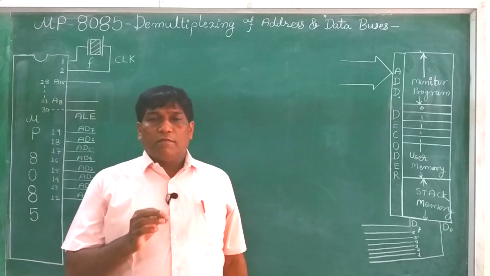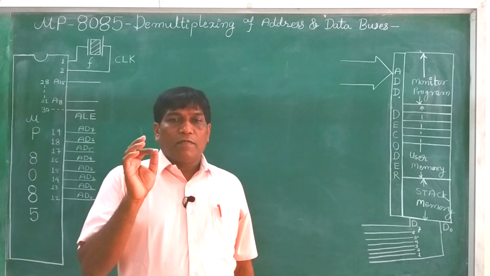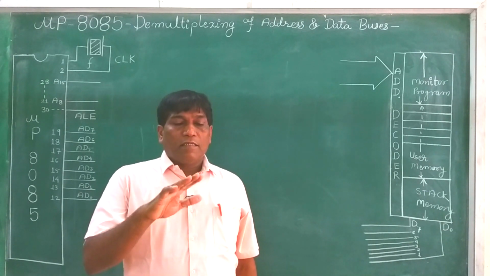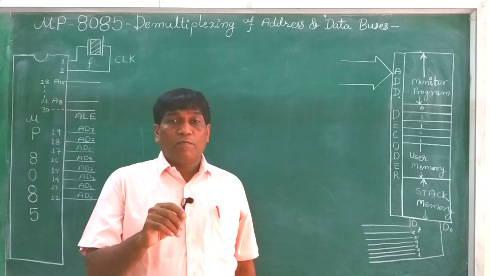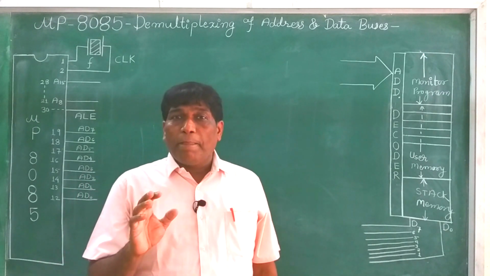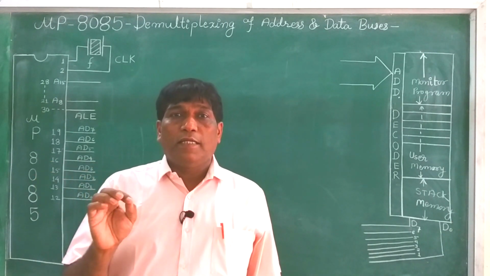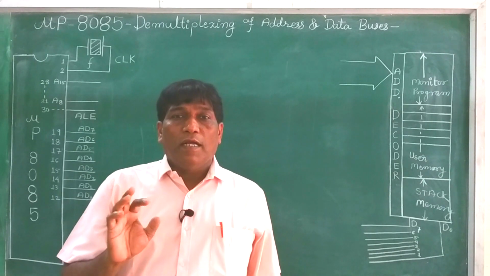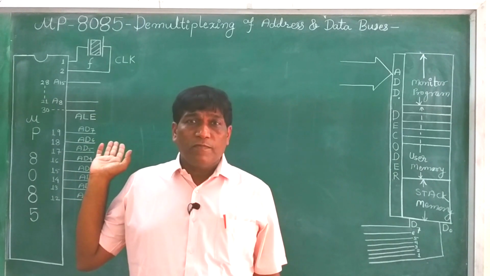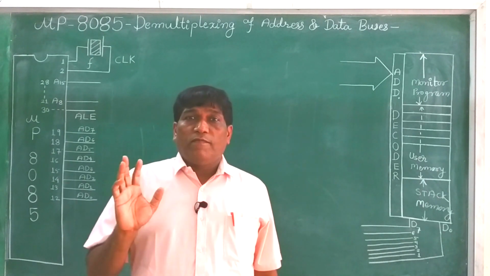Today I will elaborate everything about the address latch enable signal, because this signal is very important in the microprocessor 8085 as it is separating out the common bus. The common bus is AD0 to AD7. If we see the pin diagram, these AD0 to AD7 buses are from pin number 12 to 19, and at 20 we have ground, and after that from 21 to 28, as we are seeing in the diagram also, we have the higher order address buses which are A8 to A15.